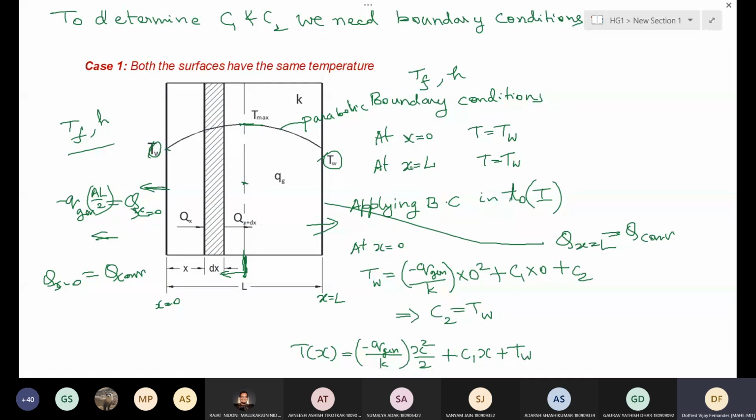Okay. So again, we can also imagine a case where instead of generating heat, maybe some process is going on which absorbs the heat, an endothermic process, right? Then our QG will become negative. That's all. Qg becomes negative, the profile will be completely reversed. Instead of finding T max, you will get T minimum there, and heat will start flowing into the wall from either side.